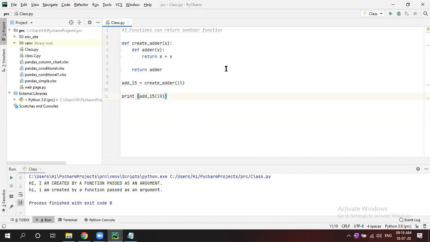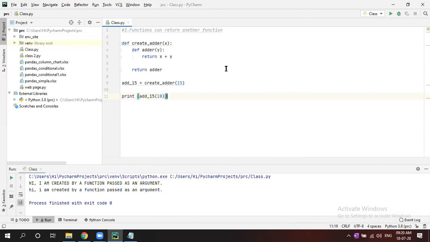Here I've created a function to add two numbers. We have written two functions. As I told you, we are not going to do it this way to add two numbers, but this shows how a function can return another function.